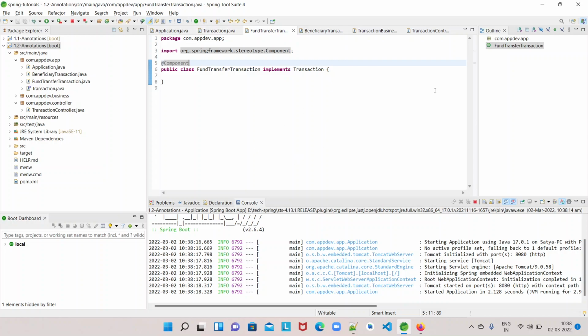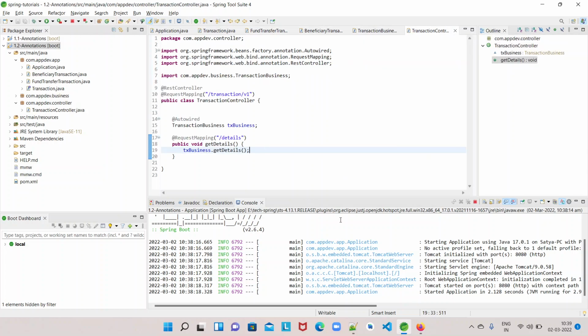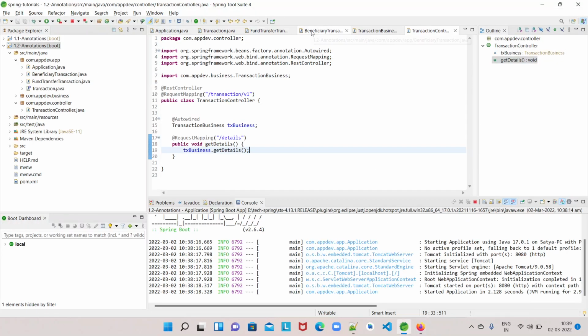So let's invoke a request to it. Okay, transaction v1 slash details.